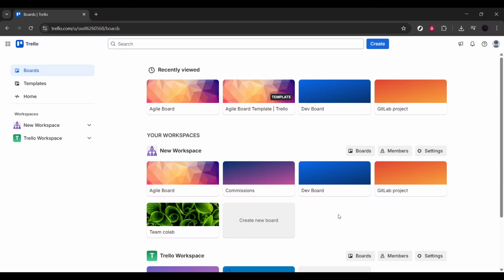In today's video, I'm going to show you how to use Trello for Agile project management step by step. If you're running sprints, managing a backlog, or collaborating with a development team, Trello can be a simple yet powerful Agile tool when it's structured the right way. By the end of this video, you'll have a fully functional Agile board with all the essential lists you need